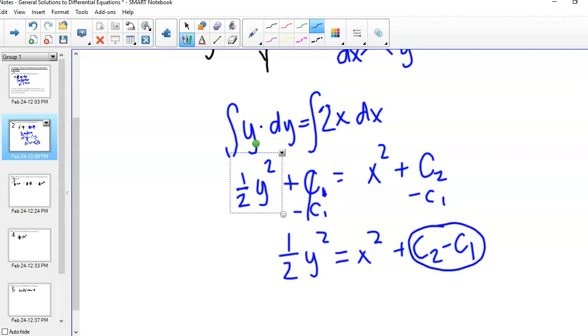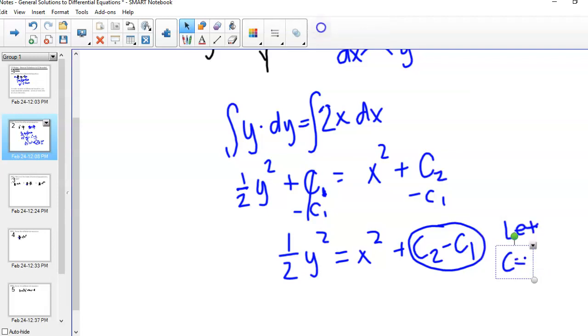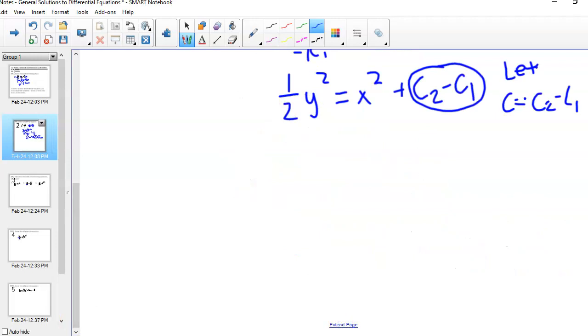And since they're unknown values, we really could just combine them and make them one single unknown value. So we could let C equal C2 minus C1. So really, what we would have here is 1/2 y squared equals x squared